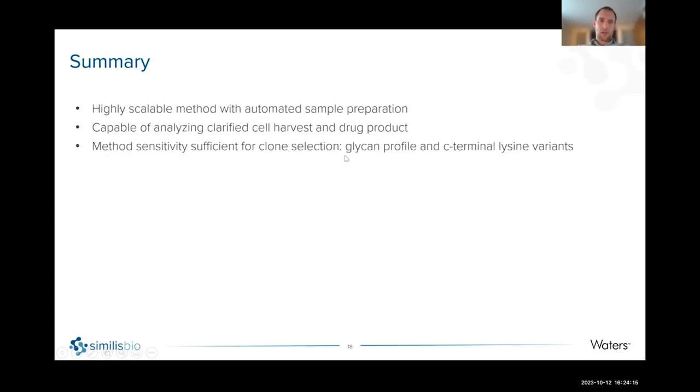The primary quality attributes we were looking at were glycan profile, honing in on the high mannose, Man5 glycoforms because of the implications for PK. And then the C-terminal lysine variants were another point of interest because it is our largest expected variation across cell lines in terms of charge heterogeneity. It's an intrinsic attribute of the clone or the cell line, so if we can start from a good place, then as we move into upstream development, we need to do fewer modifications with trace metals or temperature shifts or tweaking to get that charge profile to align with the innovator.